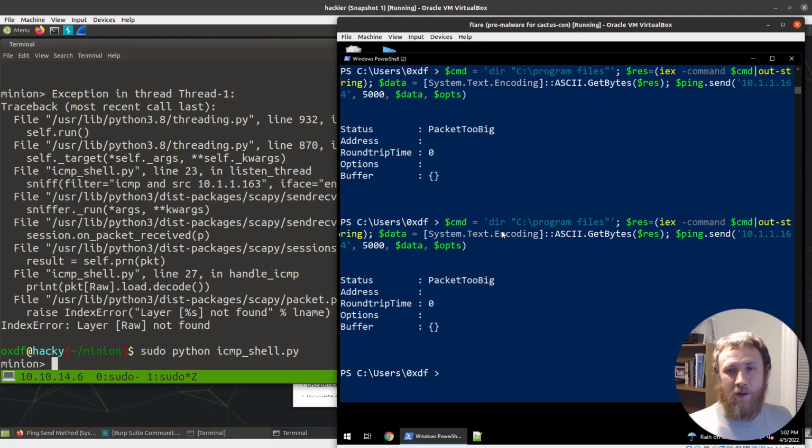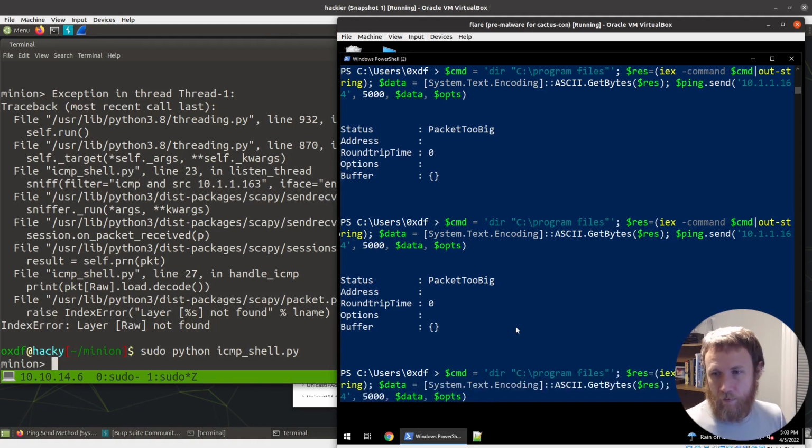Okay, so here, I tried to send, but it's responding with this packet too big. So it can't send once it gets above a certain size. So we're going to go ahead and set up a loop here to do this. So we get our data, that's fine. Before we send the ping, we're going to say $i equals 0. And then we'll say while